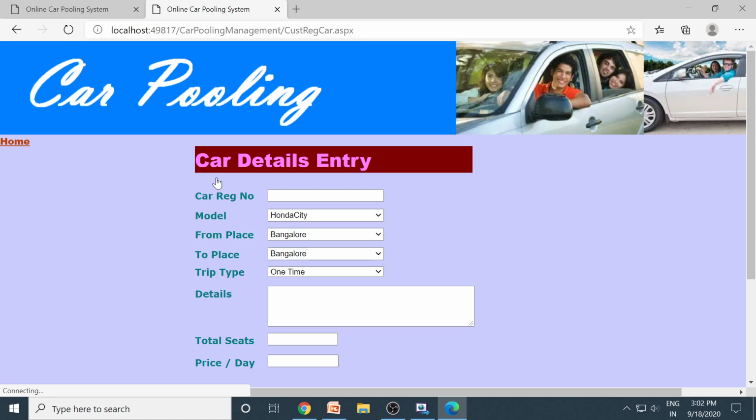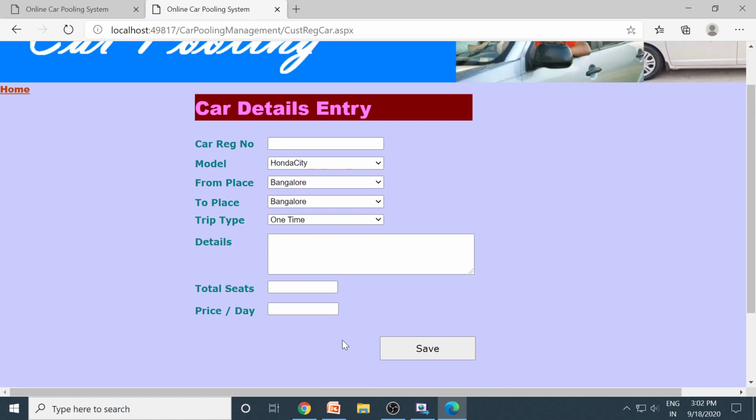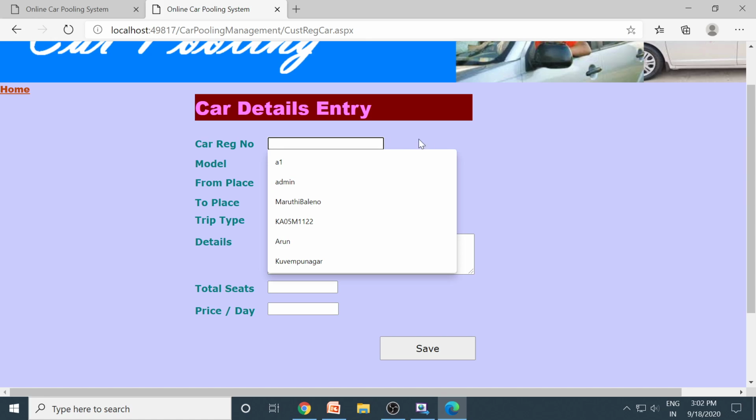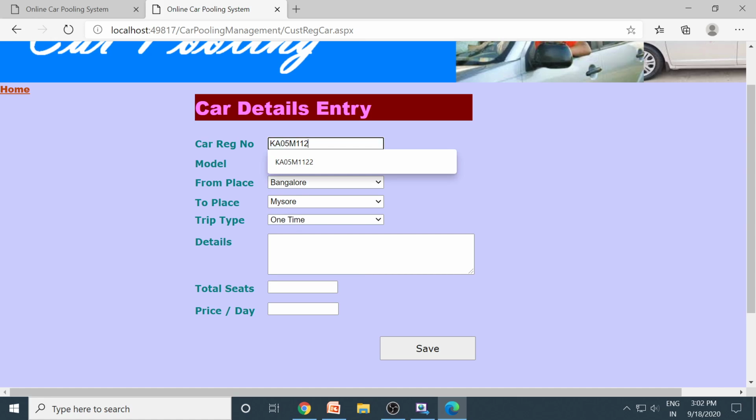Here is register car. You can register a car here. So for example, you are traveling from Bangalore to Mysore one time. So let's say car number K05M 111, Honda City, Bangalore to Mysore is a one-time travel.